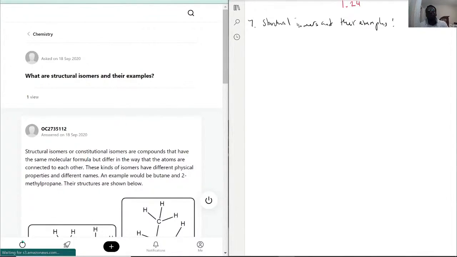The way we go about this is, I usually think of it best using an example, but just to get a base of what a structural isomer is: you're given the same molecular formula, but the compound itself looks different. So a perfect example would be like